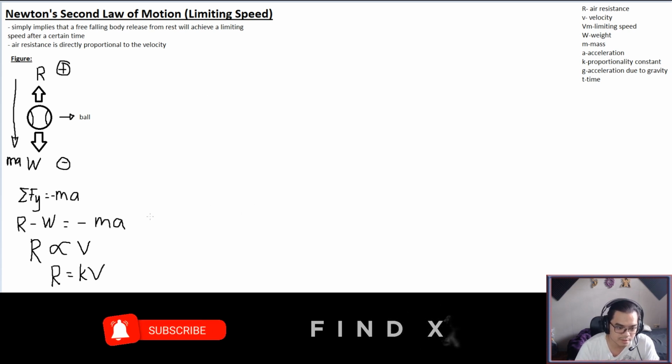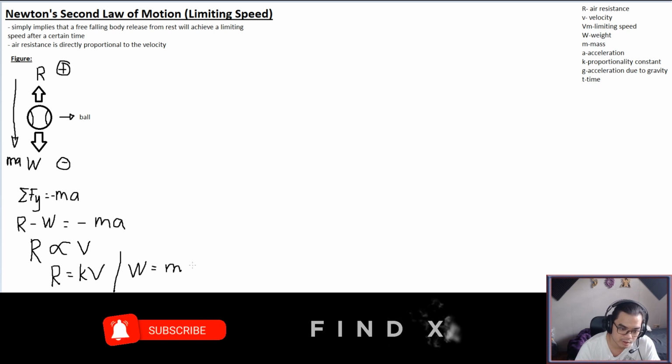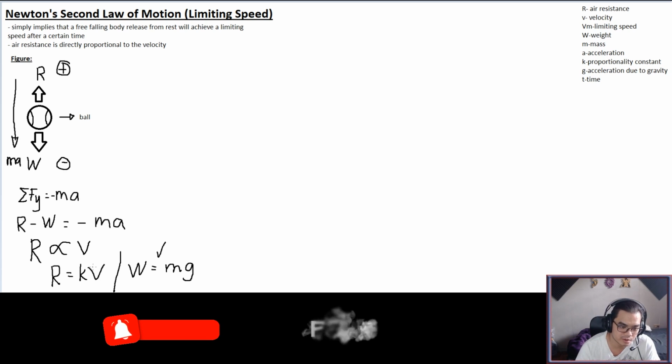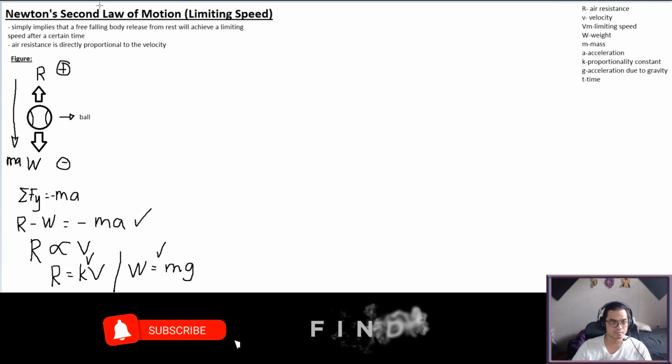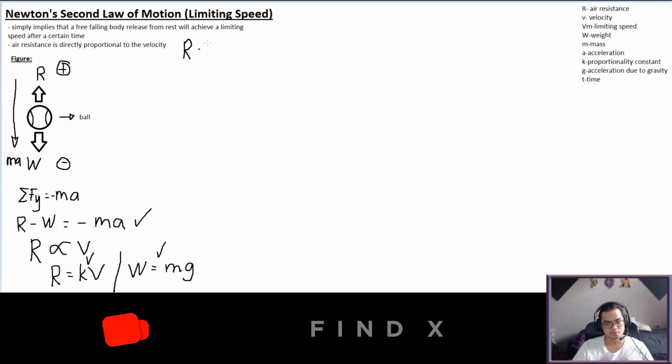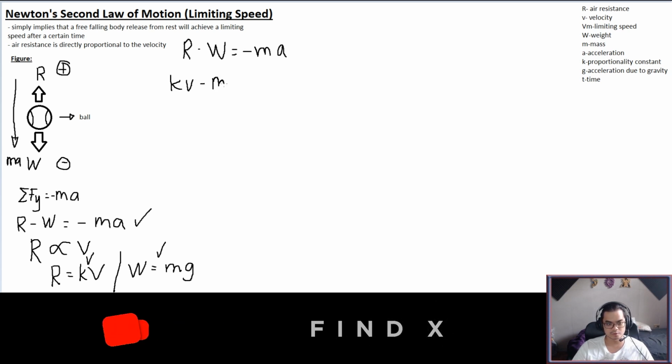And of course, we also know that the weight must be equal to mg. Okay, now let's substitute this one and then this one to here. Substituting, we will have r minus w must be equal to negative ma, and then r is kv, right? And then w is equal to mg, minus mg, equal to negative